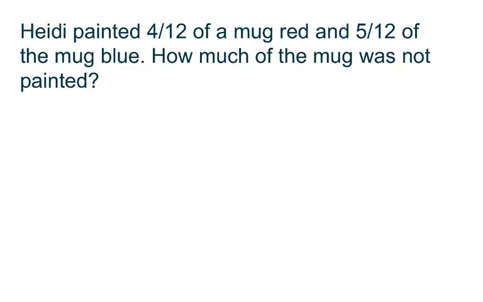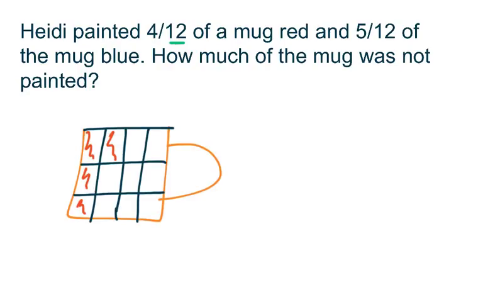Well, we need to figure out what one whole of her mug would be. So we have her mug, and she's painting her mug. And notice how our denominator is 12. So that means our mug is divided into 12 equal parts. If she paints 4/12 of it red, and then she paints 5/12 of it blue,